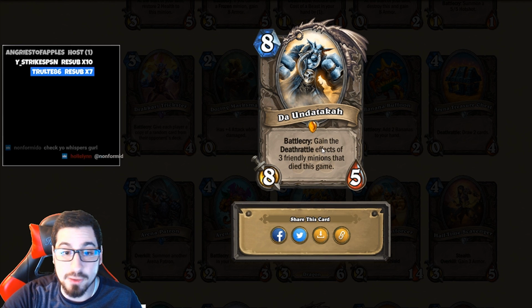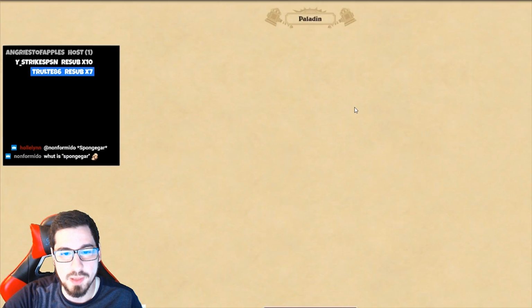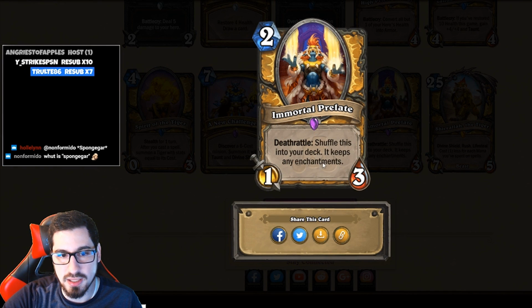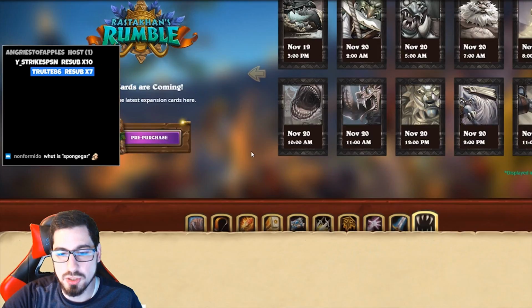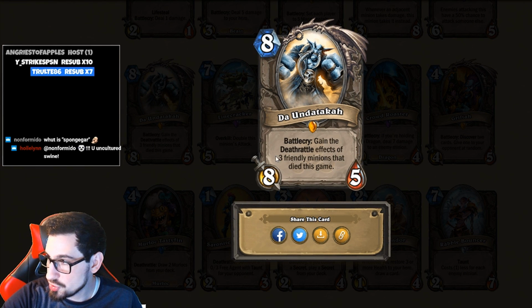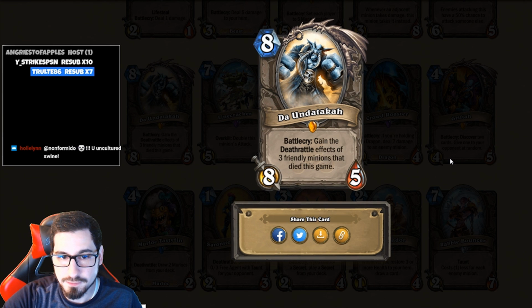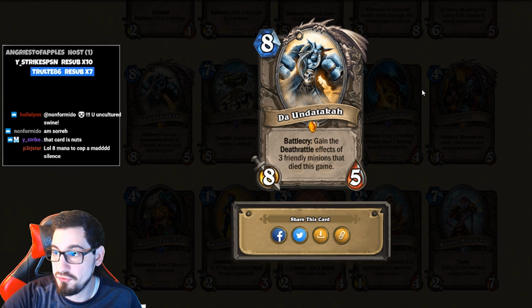The 8 mana 8/5 battle cry gains the death rattle effects of 3 friendly minions that died this game. There's a lot of very powerful death rattle effects, as we know. The new paladin one, we'll take a look at that just really quick, to remind you of what it is. It says shuffle this into your deck and it keeps any enchantments. So if this guy's effect triggers onto the guy we had just covered, he will actually shuffle back into the deck and keep any buffs that are on this guy. So there's a chance for paladins to go infinite between this guy and the other card